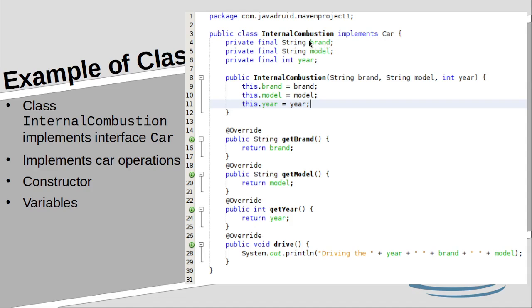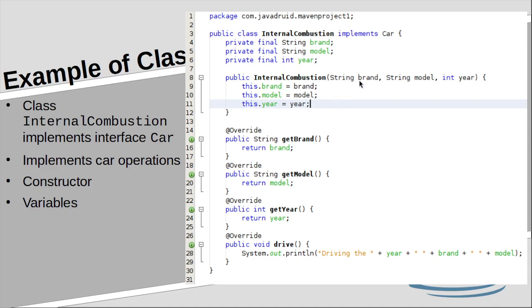Actually, they have to be set at the time of initializing, either inline or with the constructor. We're going to see what the constructor is. It's a special function that you can use to create a new instance of this class. We're going to see how we do that.